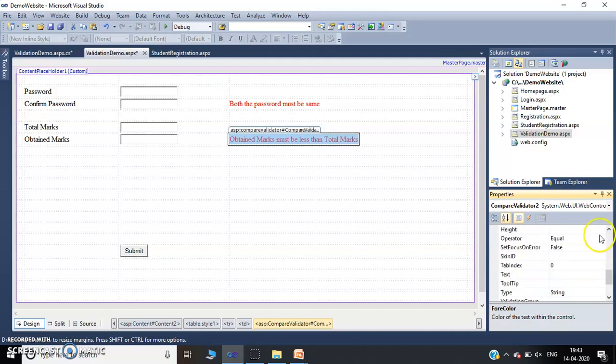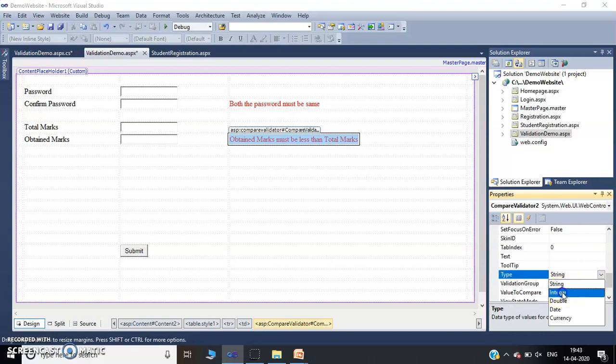Here operator, as we know, obtained marks must be less than or equal to, so change it to less than equal, and here you can change the type from string to integer. So marks are in integer format, so change the type from string to integer.